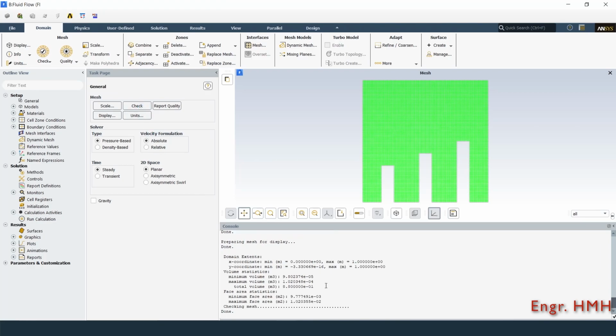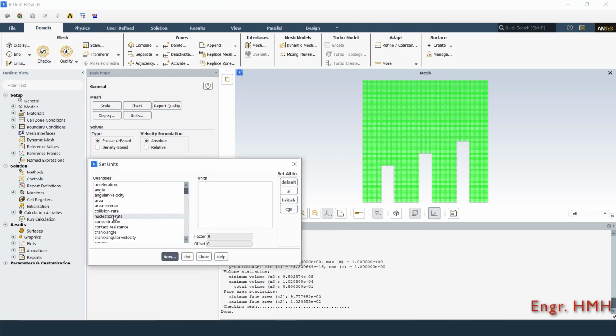Here we can check our mesh. The first thing is to change the units from Kelvin to Celsius for temperature.